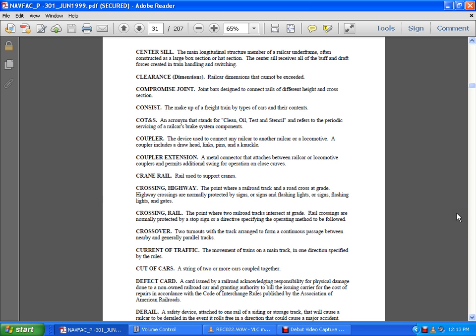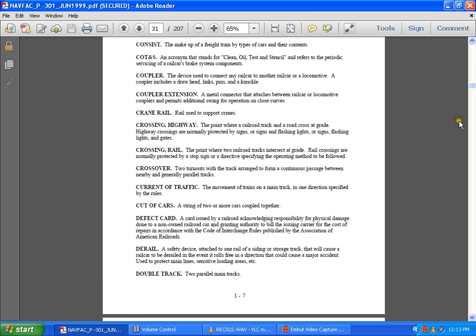The crossing rail, the point where two railroad tracks intersect at grade. The railroad crossings are normally protected by a stop sign or a directive specifying the operating method to be followed. A crossover, two turnouts in the track arranged to form a continuous passage between nearby, generally parallel tracks. Current of traffic, the movement of trains on the main track in one direction specified by the rules. A cut of track, a string of two or more cars